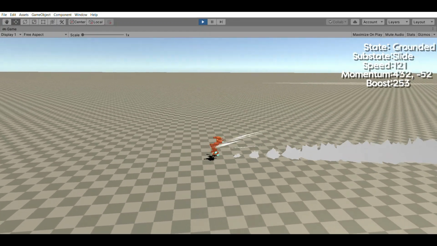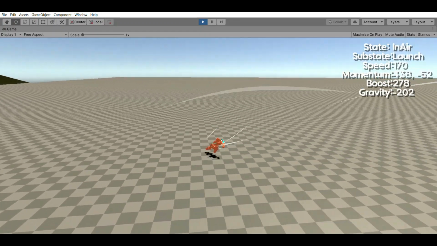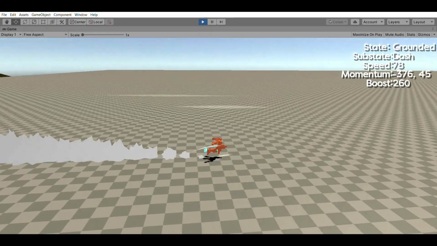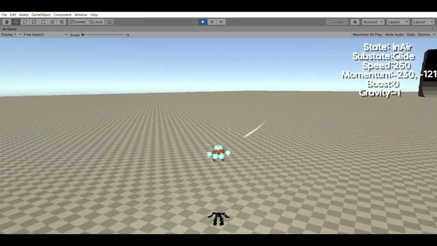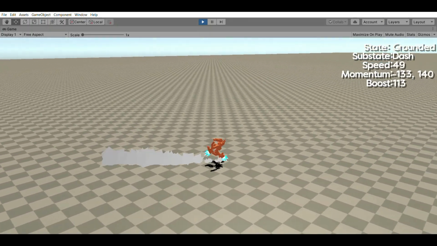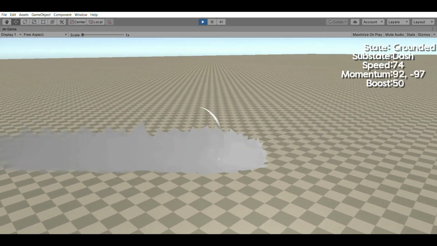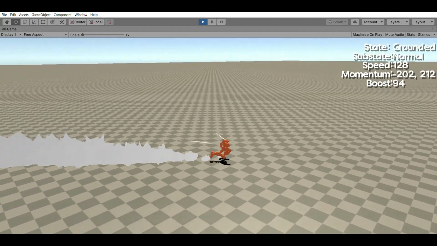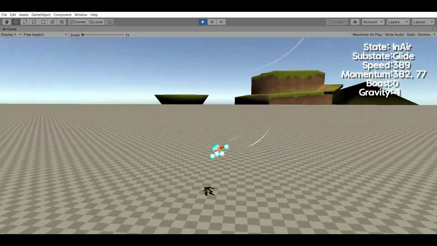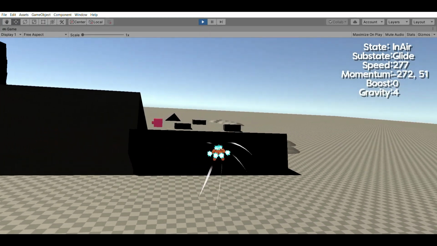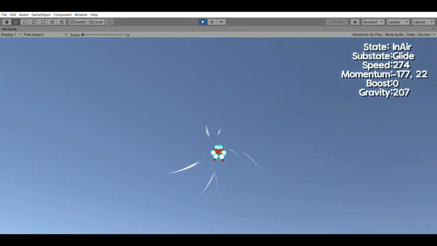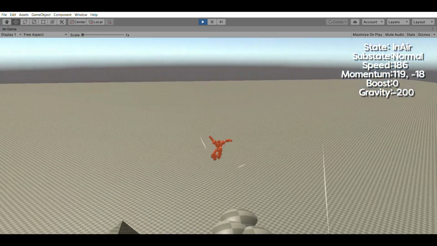This would be the launched animation, which is the player being pushed upwards and backwards, and then spiraling as they fall down. This animation is just a blend animation going from the launched upwards and down into the animation of spinning as they fall. So it's very, very simple to actually implement. The actual movement for the state is very simple. We're going to apply a negative momentum backwards. We're going to kill speed and kill the boosted value because the player is launched and they can't do anything